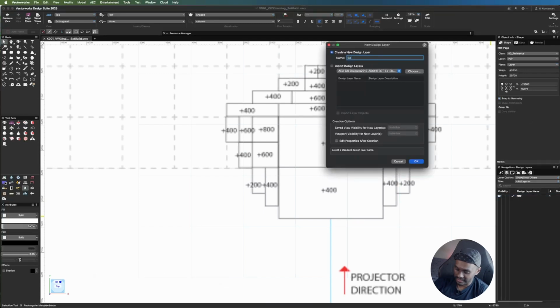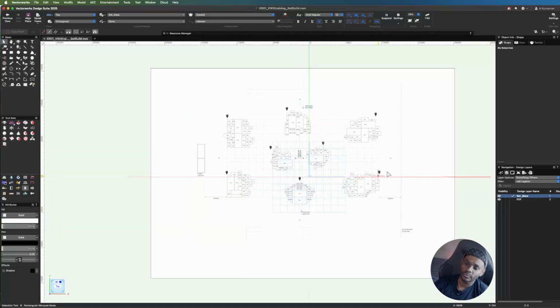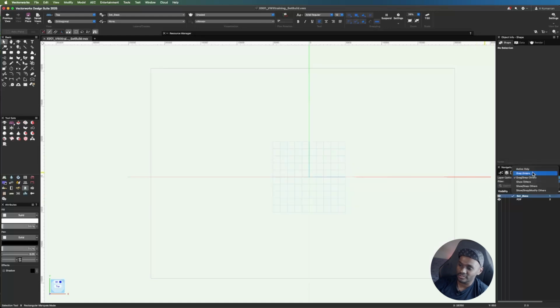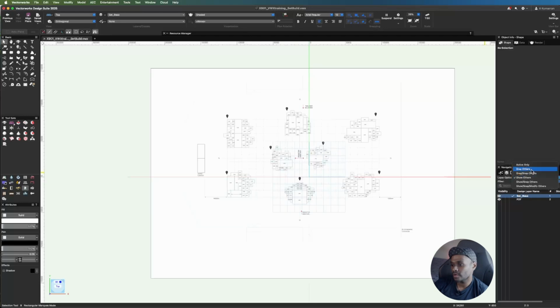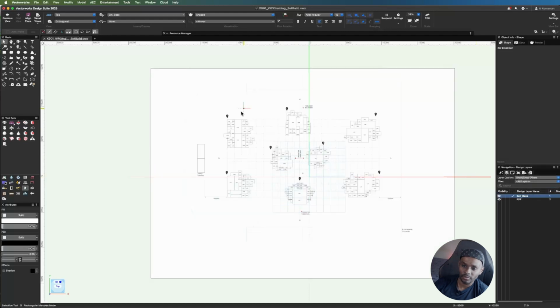I'm going to call this my set base. So in most cases when you're drawing, you might have your settings over here for your layer options in gray snap others, or gray others, or show others. And in some of these options, what you'll notice is you don't see the PDF when you are in a set base layer, and that's because Vectorworks doesn't have transparency for PDFs. So if you're trying to show snap others, that's probably the only situation in which you can see the PDF